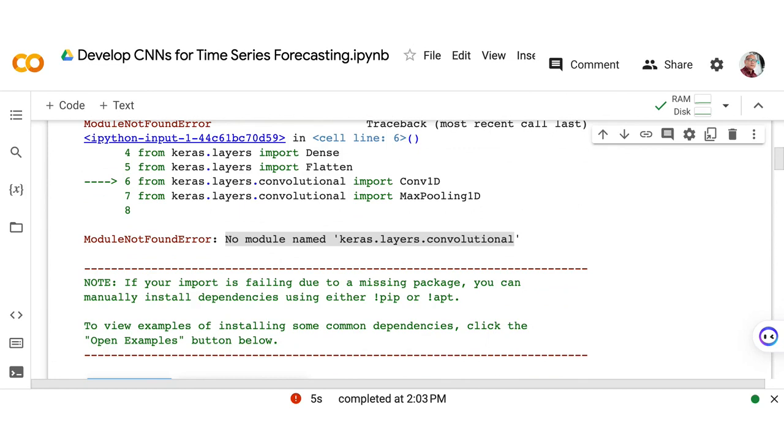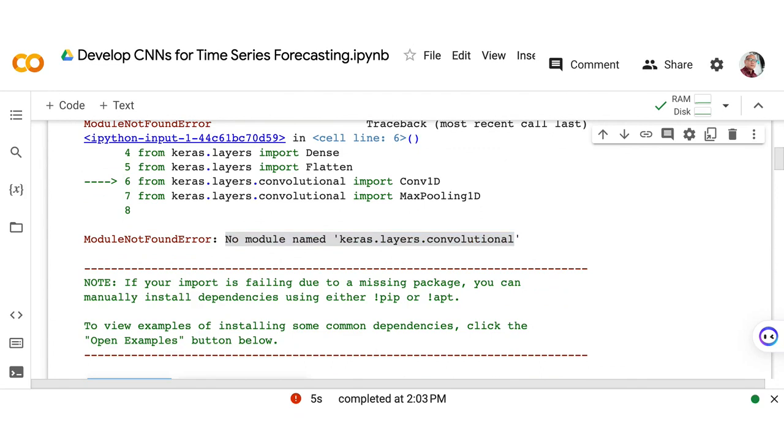Why do we encounter perhaps such a problem in executing? You can see that I have previously executed it and it was working properly, but now it's not working. So what seems to be the problem?